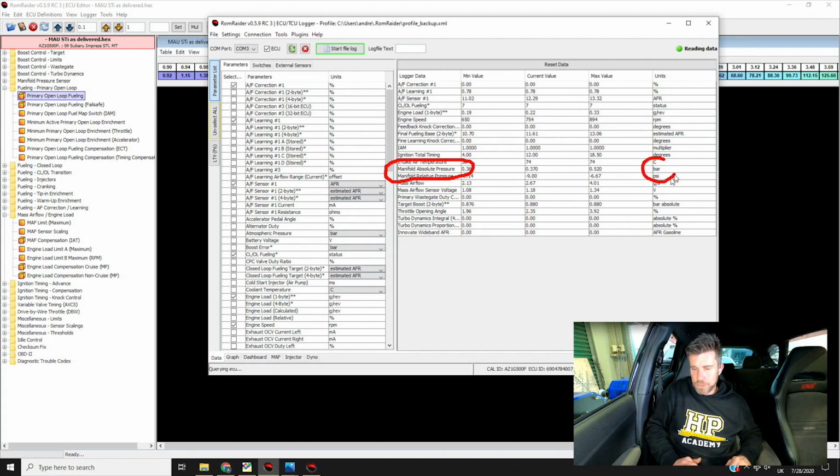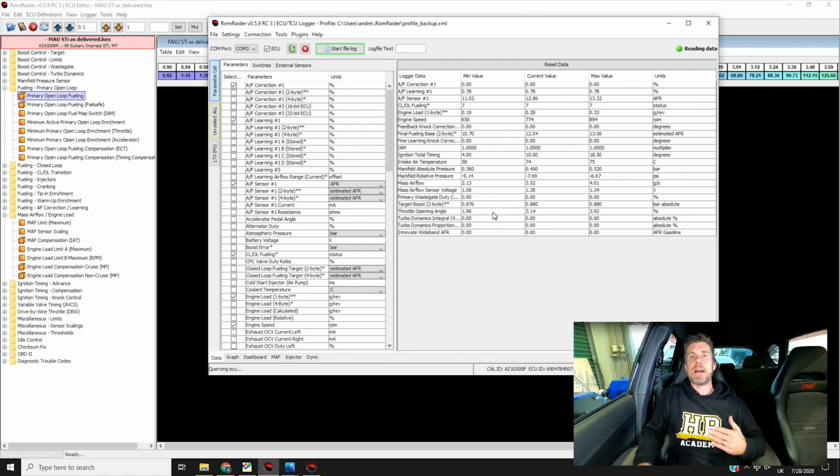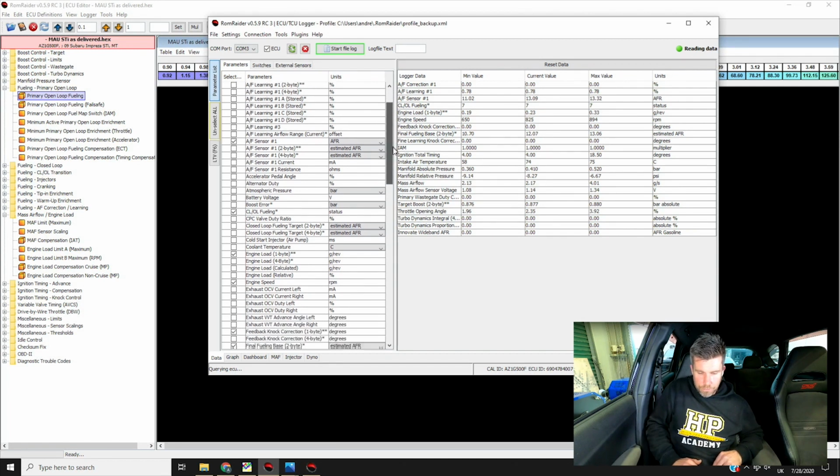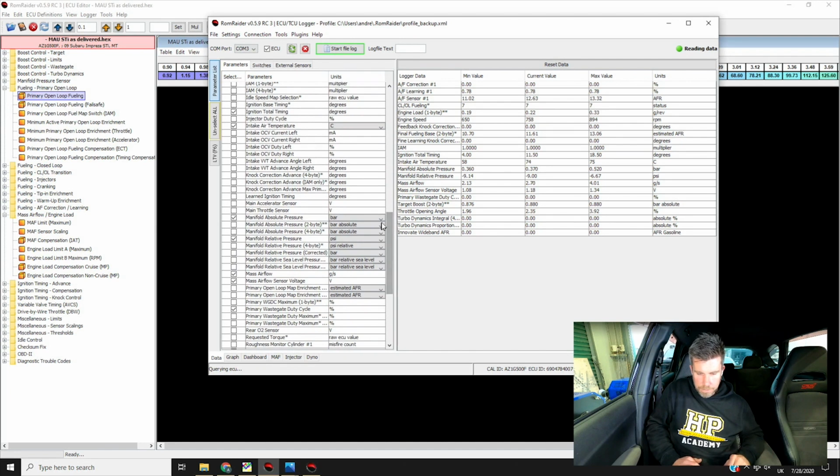And again, we just want to make sure that our parameters are all matched, so we've actually got something that we can overlay and compare. So again, if we scroll down through our list here, we've got our manifold absolute pressure parameters, and we've got the option there of bar and PSI, and then we've also got relative pressure as well.